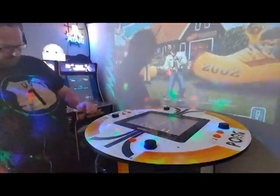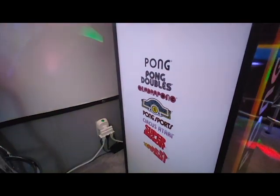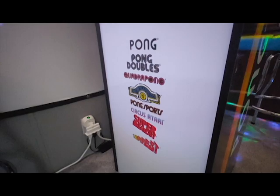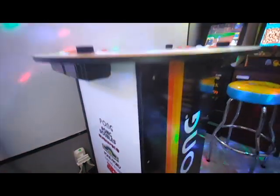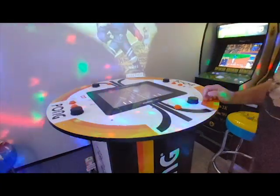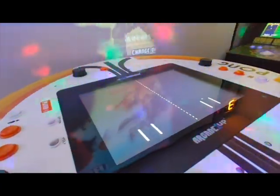It has different games. If you come around here, you can see the games it has on it. But the reason I bought it is because of nostalgia. Pong was the first video game Atari put out years ago, and people loved this game. It was just so mind-blowing that you could play and interact with the game. So I had to have this. And since it's a stand-up,